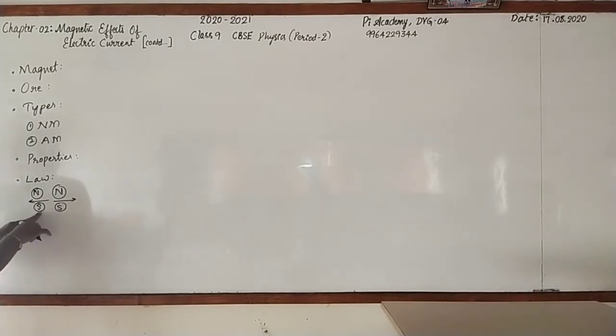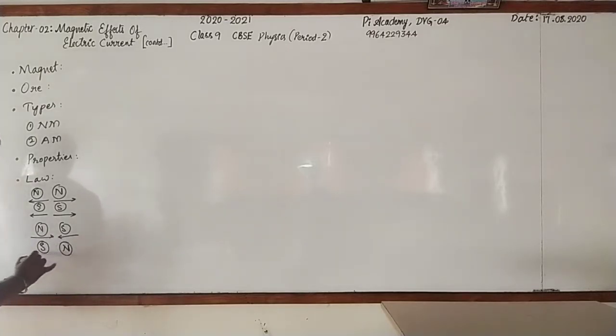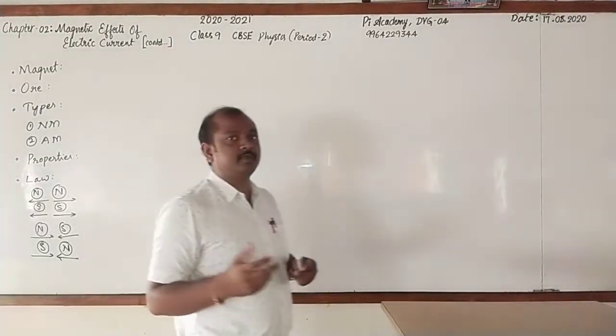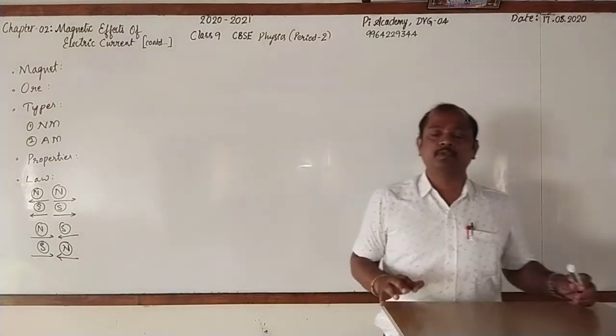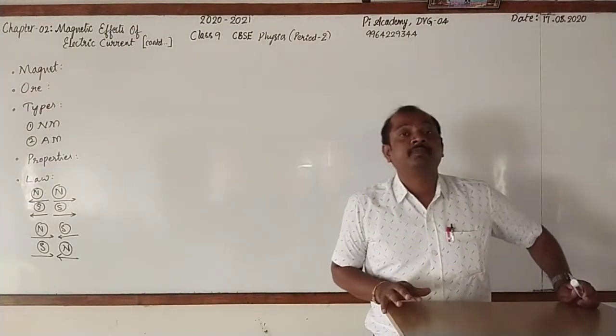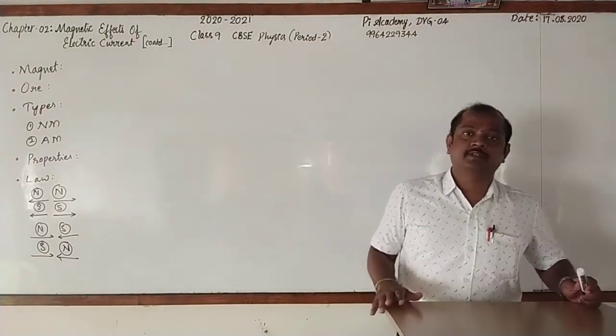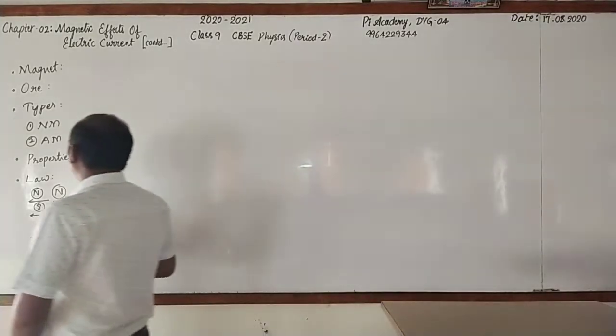South, that is, the south pole of one magnet brought nearby the south pole of another magnet, they repel each other. Suppose the north pole of one magnet is brought nearby the south pole of another magnet, they attract each other. Even if the south pole is brought nearby the north pole, again they attract each other. And this is what we say, law of magnetic poles. It is also called magnetic effects. Okay, then after that